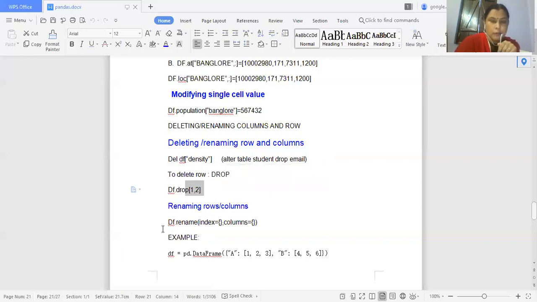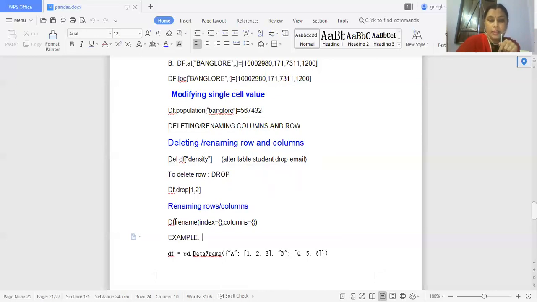Now students, we will discuss how to rename the rows or columns of a data frame. The existing row or column name can be renamed by using the rename command.